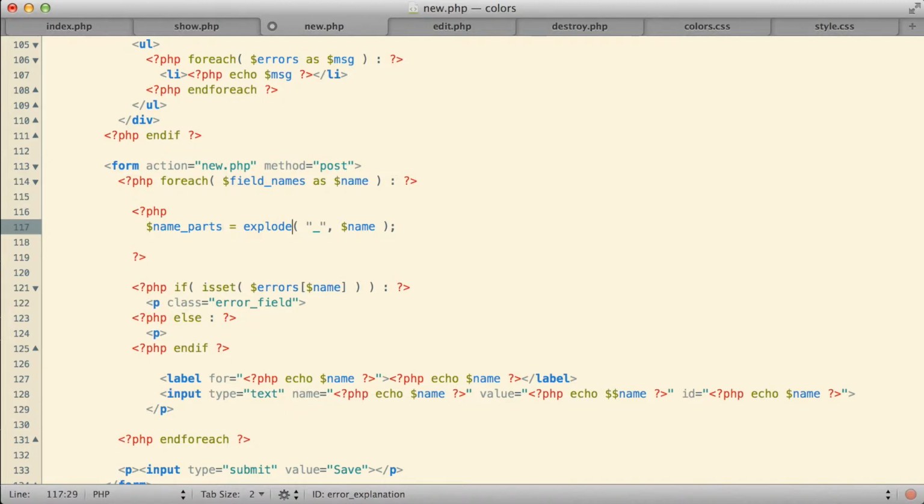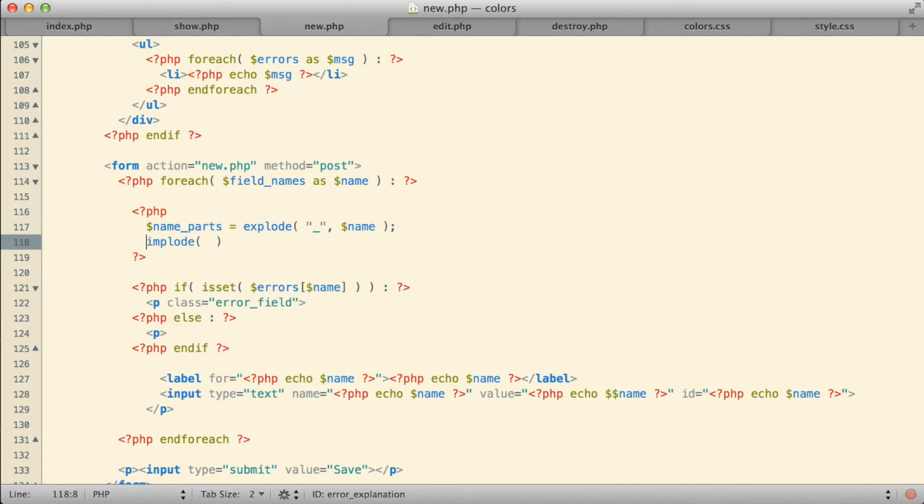There's a function that's the opposite of explode that we can use to do that. Of course, if you're going to make a function that's the opposite of explode, what would you call it? The answer has to be implode, of course. So the implode function will take an array and will combine the parts of that array back together into a